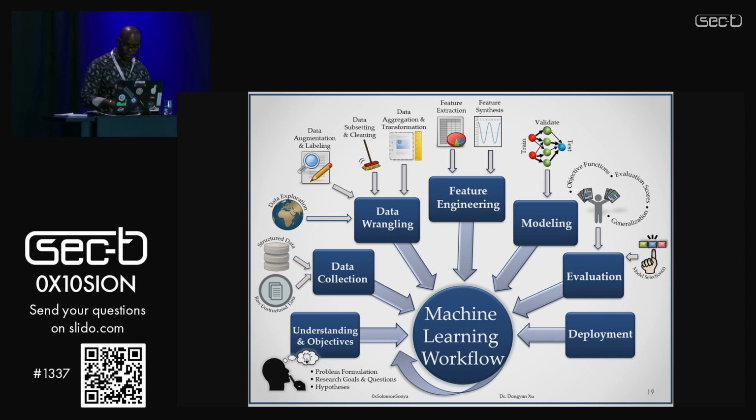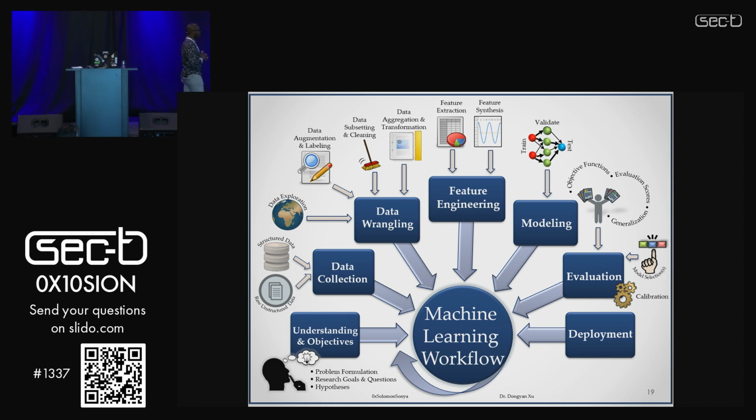Then after we do that, we go towards our model selection. We select the model or multiple models that are as close to the historical data that we've analyzed, and now we move into our production. So with our calibration, sometimes we may have to go back and make sure our models are correct, or we may have to adjust some things just to fine-tune the model when we're ready to deploy it. And then we deploy, we look at it, we do maintenance, and then you start the process all over again.